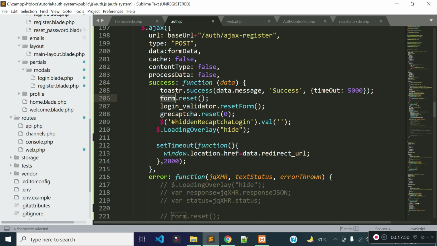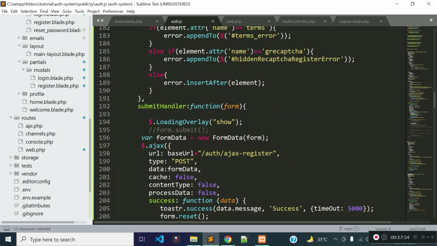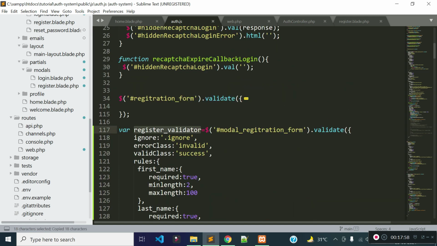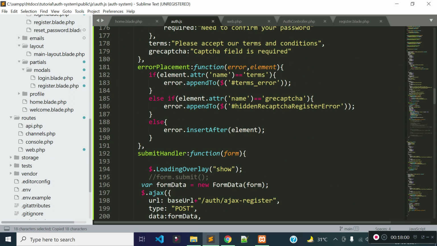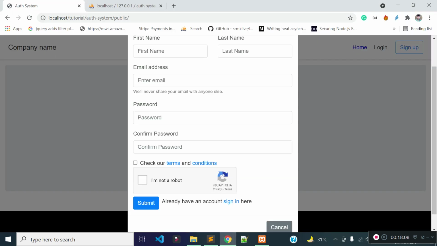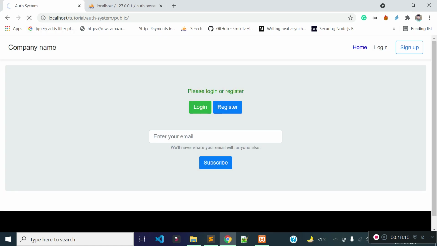And I will also reset the form, and I will also reset the login, not login, it should be registration validation, right? Yeah, register validator. That's why I stored the validator in a variable. Yes, and I will also reset the Google reCAPTCHA because we have reCAPTCHA for our login form and registration form.